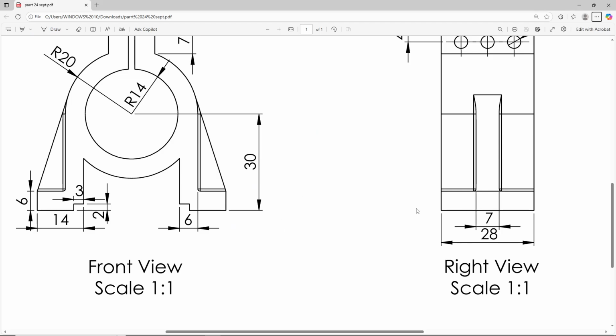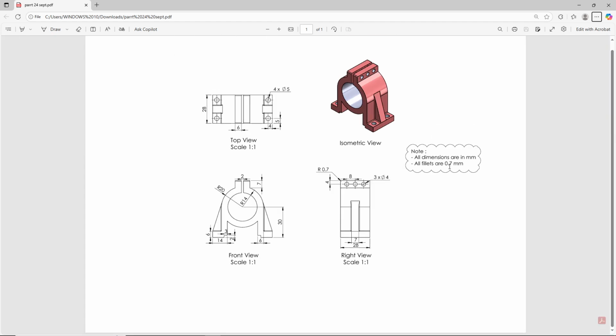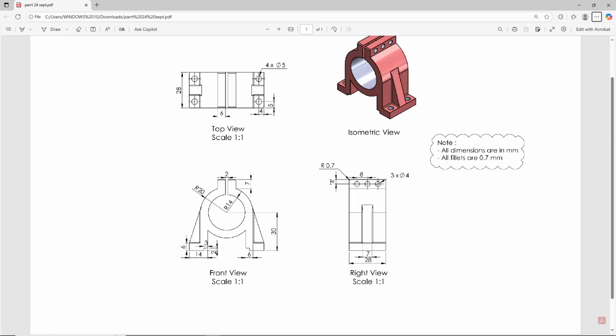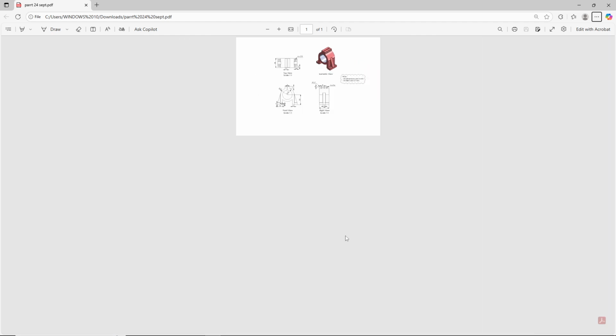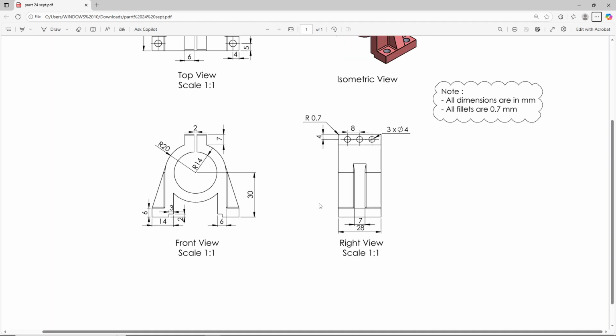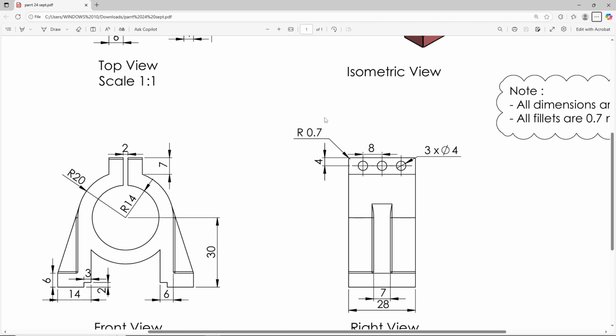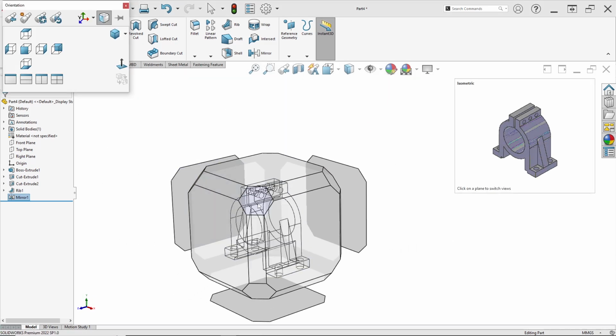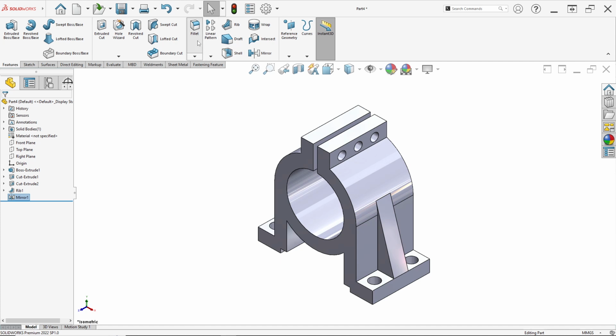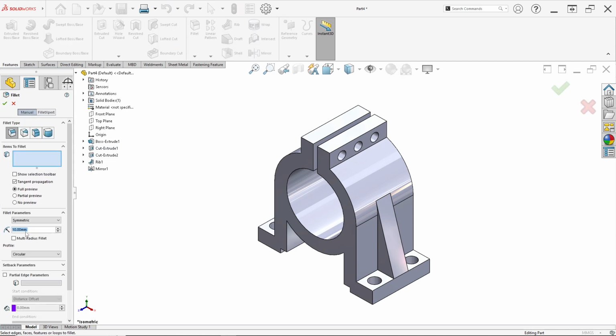Don't forget, in here we can see all fillets are 0.7. For each edge here we have a fillet of 0.7, like this. So in here click menu, view, click fillet, and for fillet parameter change to 0.7, and for items to fillet